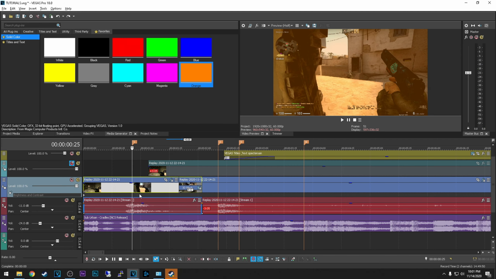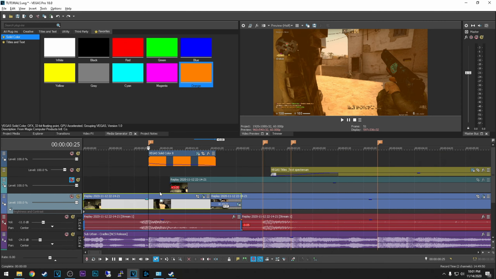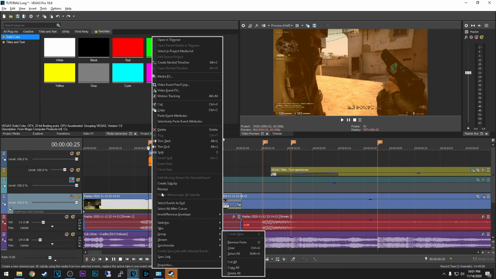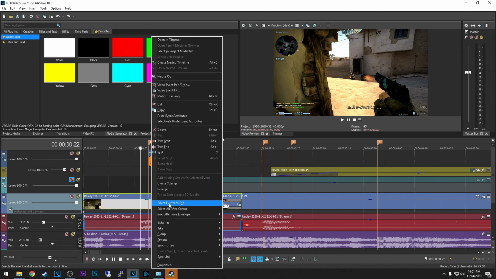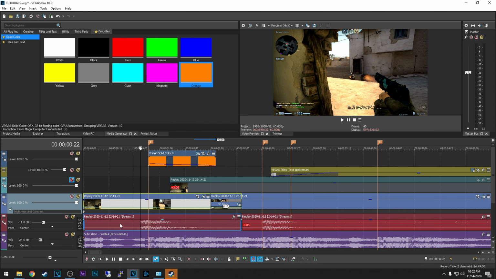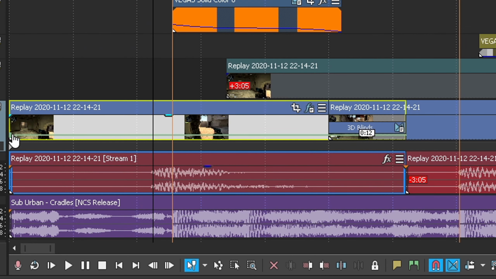The second option would be to use something more advanced, which is called velocity. You can enable velocity on each clip by right clicking on it and going here, insert remove envelope, and clicking on velocity. Now you will see that you have this velocity line, a green line on your clip.